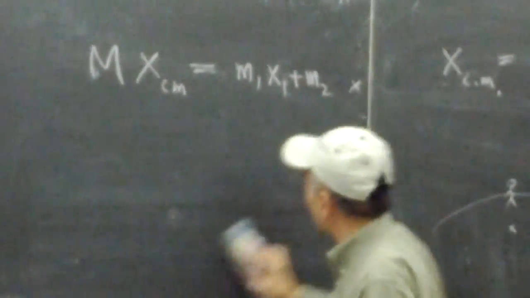And if we multiply both sides by the total mass, it is something like that. So if you think about